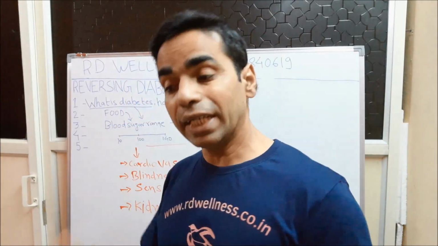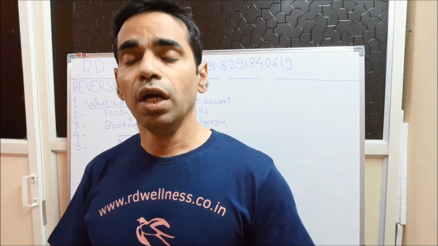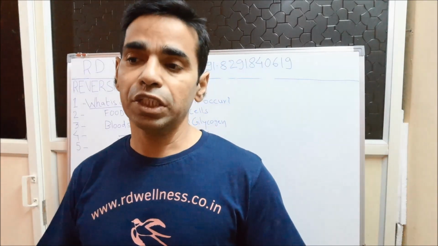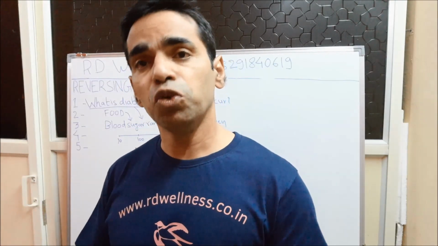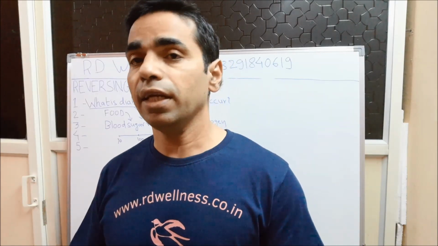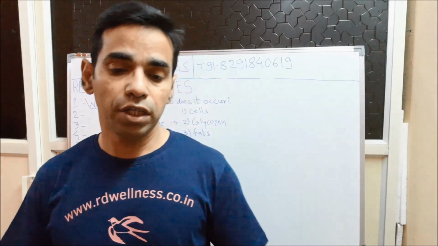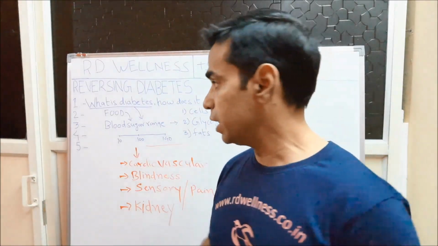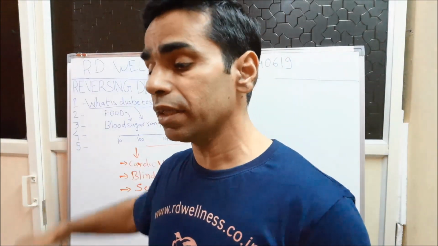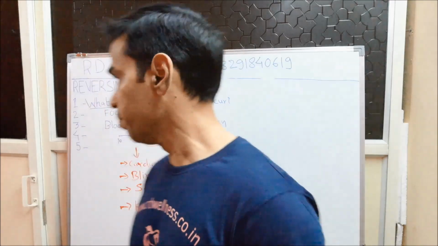In this 5-part video series, I'm going to share with you 5 different aspects, starting with what is diabetes and how it occurs. In the second part of the video, I'll be addressing what are the key risk factors which lead to diabetes. In the third and fourth part, we will be touching upon diet and exercise which you can take in order to reverse or control the diabetes. And finally, we will look at some key examples and some case studies which will be useful to you to get some useful tips while you implement all these programs.